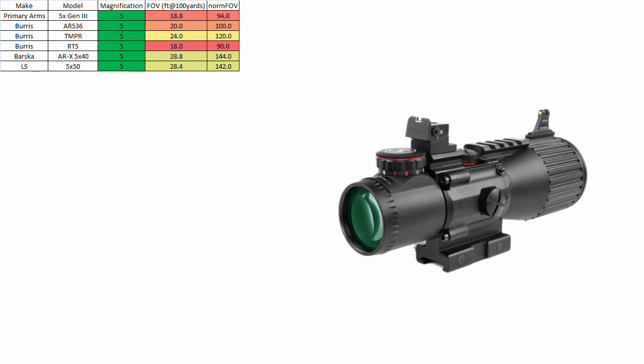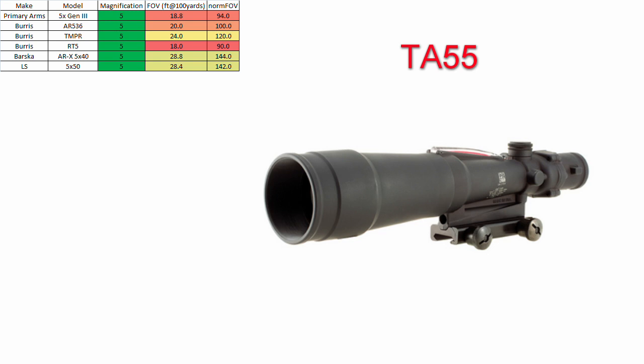So what if Trijicon really decided to compete with Barska and LS? Their TA50 is a 5.5 magnification prism that boasts an FOV of 18.4 feet at 100 yards, giving you a norm FOV of 101.2. Quite respectable, but seems to fall short of some of the cheaper prisms that are on